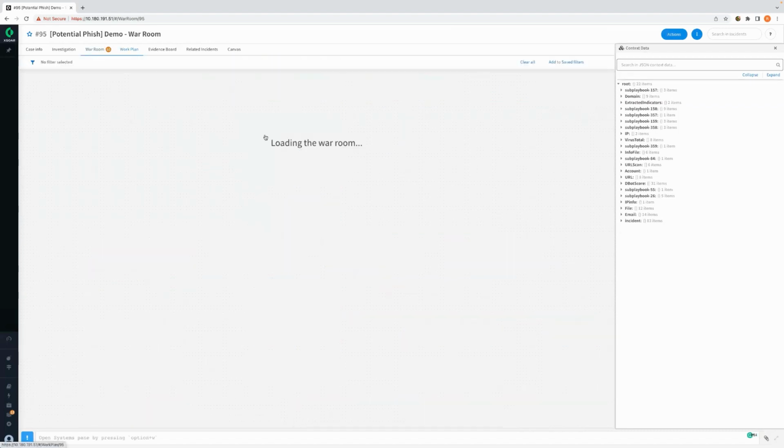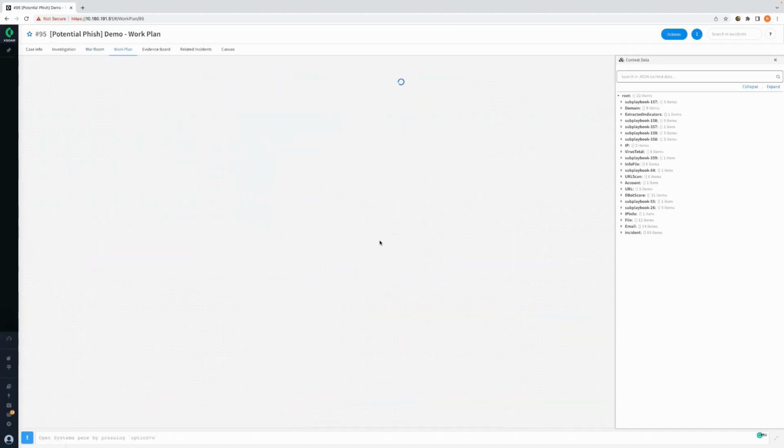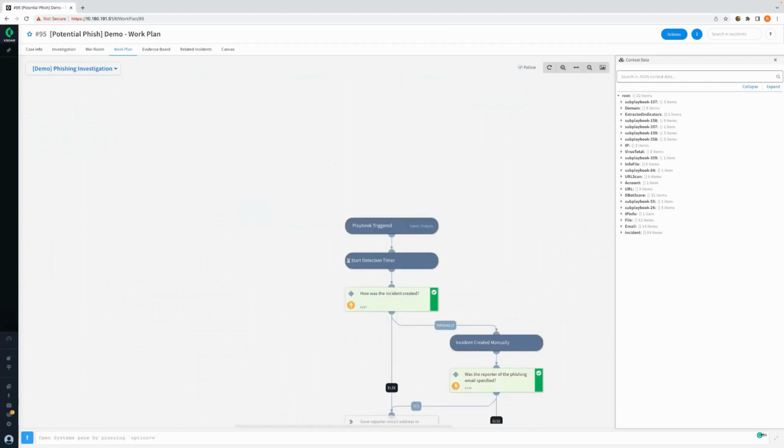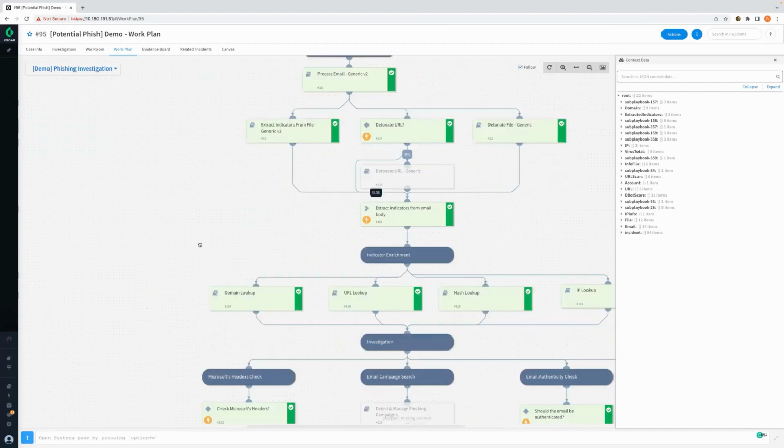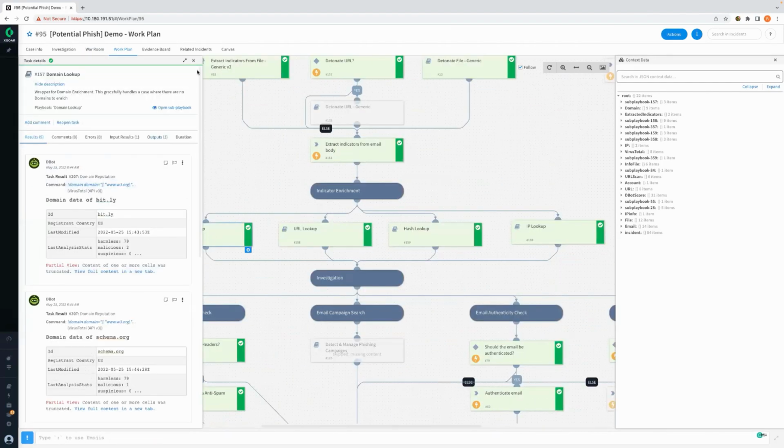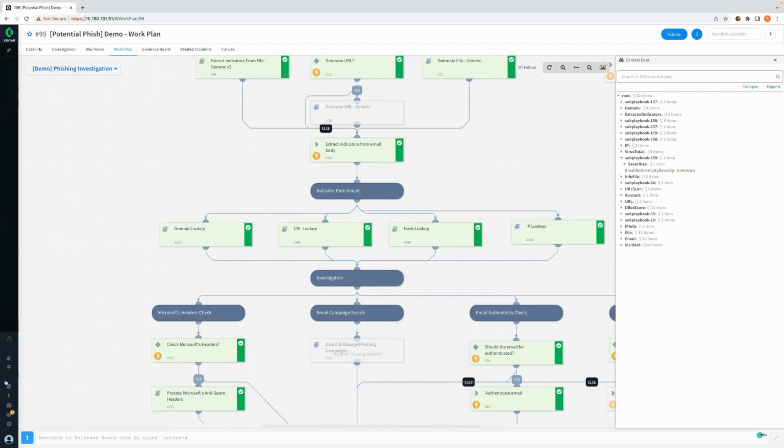And I believe this is already executed. It's just taking a little while to refresh. All right. So as you can see here, like I said, each sub playbook has its own ID, and all of the results underneath the sub playbook will basically be specific to that sub playbook. But what happens if I